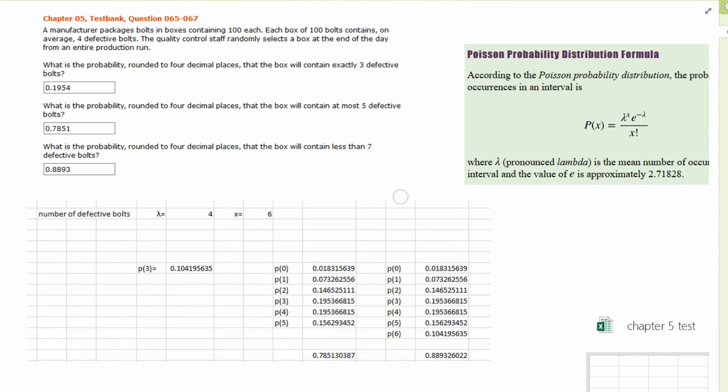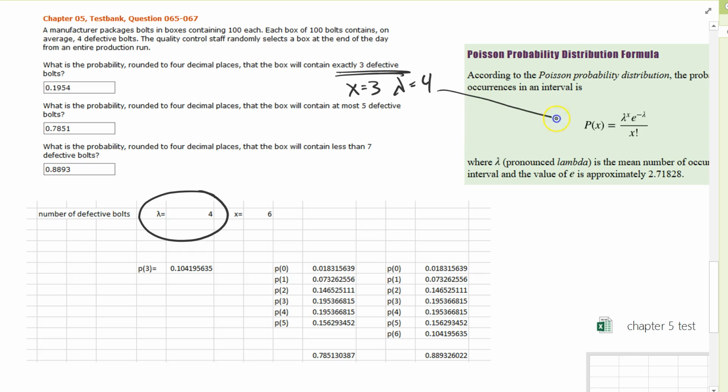The next question is very similar to the law student question, except we're using the Poisson probability distribution formula. So the average number of defective bolts in this case is lambda, which is 4. And then depending on what it's asking, we want to find exactly 3 defective. So here x is going to be 3, lambda is going to be 4. Plug that into the Poisson distribution and you get